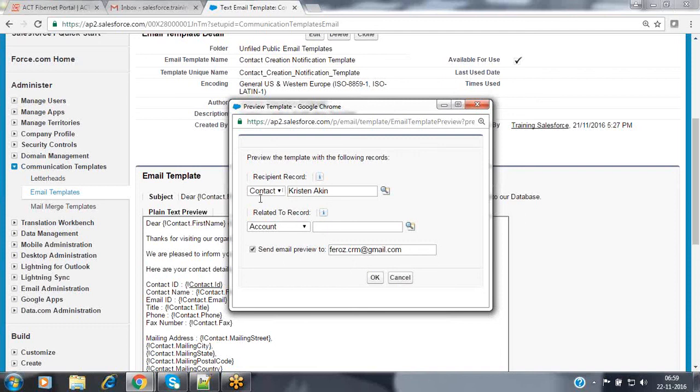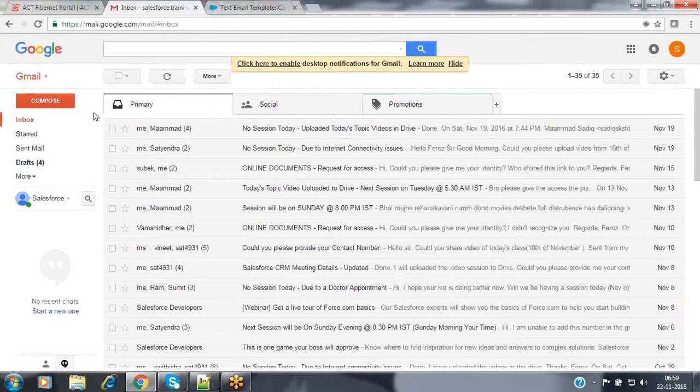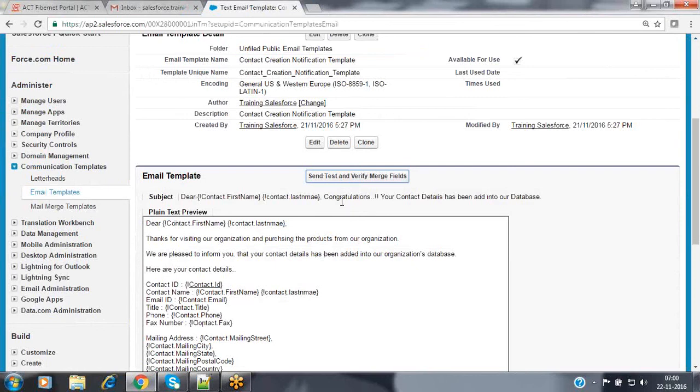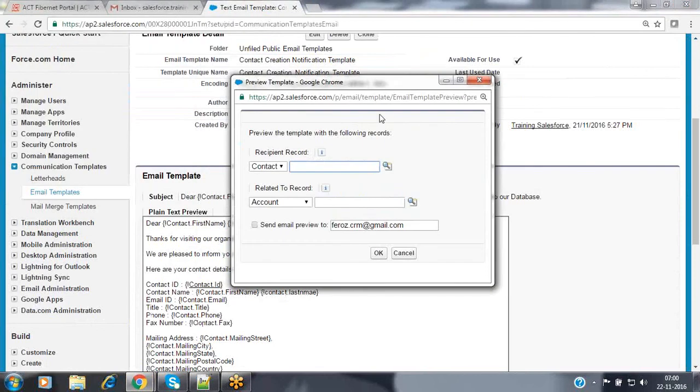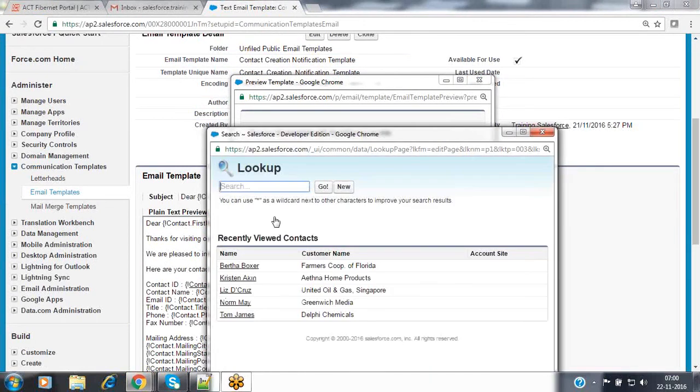Now I'm selecting this person to test whether my email template is working fine or not. I want to send my email notification copy over here. For that, I'm going to enter my email ID.